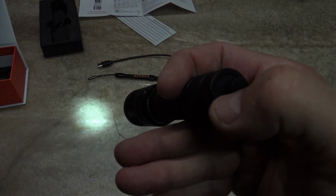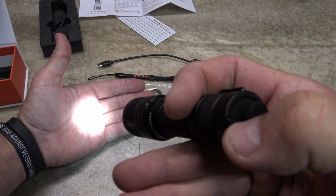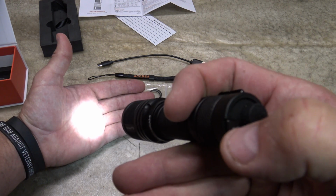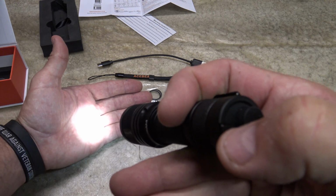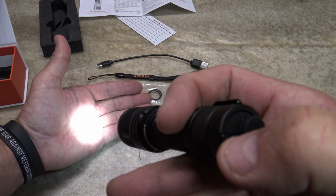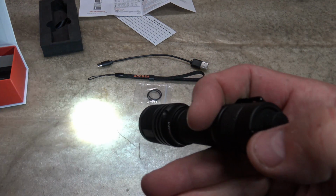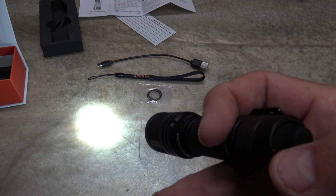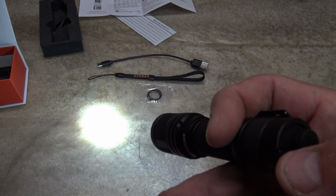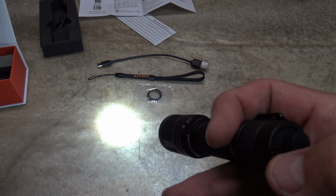So there you have low, which is 50 lumens. This will last 22 hours of runtime. Puts out 105 meters of throw and 2756 on the candela. If we push this function switch again, we'll move up to medium. This is 260 lumens for 5 hours, and then it steps down to low of 50 lumens for 8 minutes. Now before step down, we're getting 184 meters of throw and